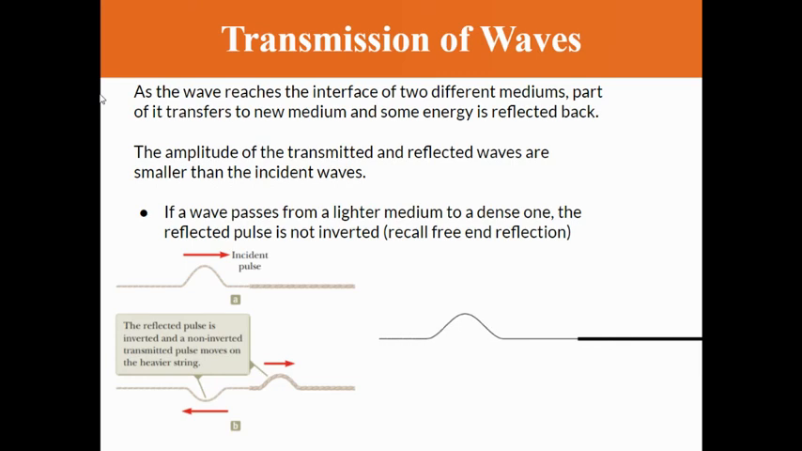Then we can do this the other way around. We can pass it from a thin string to a thick rope, and when we do so, the reflected wave gets sent back upside down, gets sent back out of phase. And the reason is that at the interface, when the wave hits the point where the thicker string starts, it has that same interaction